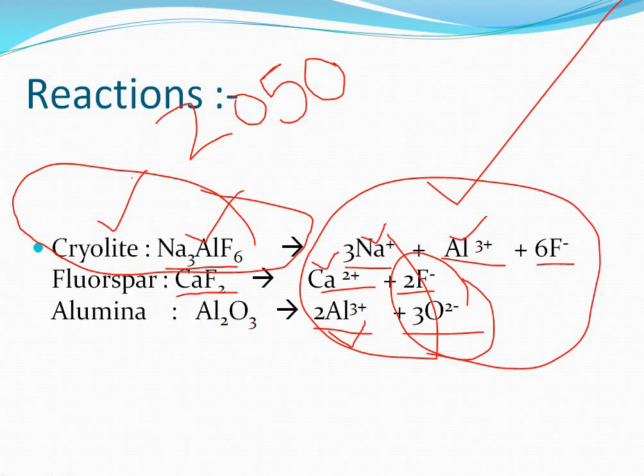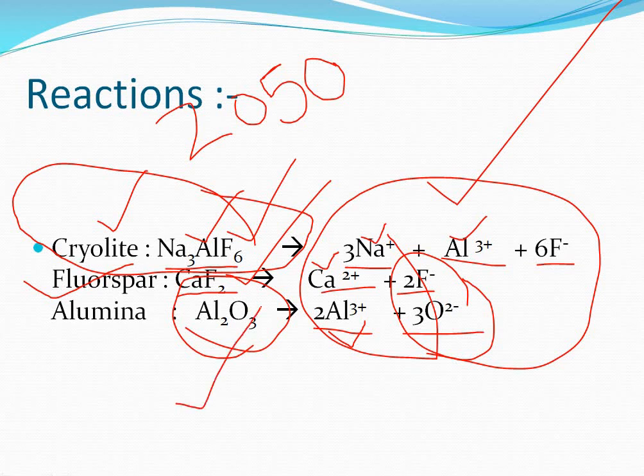Now, in the case of fluorospar, that is CaF2, we are using it as a solvent for the electrolytic mixture. The first thing is that this fluorospar acts as a solvent for the electrolytic mixture, and the second thing is that it increases the conductivity of pure alumina, because alumina is a non-conductor. It itself is a non-conductor, and it increases the cryolite conductivity, so that it becomes more conductive. Okay, understand this thing.